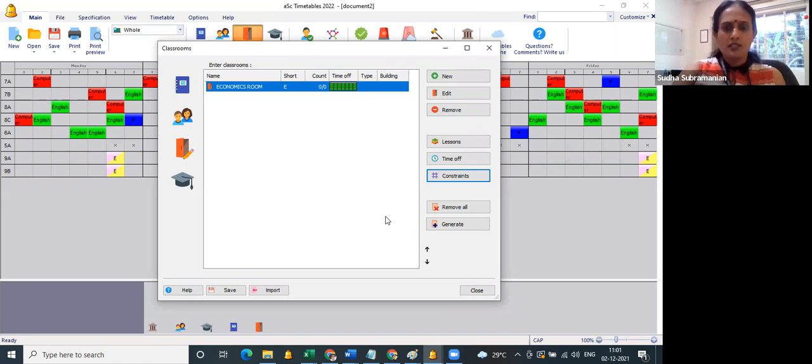Sorry, what I meant to ask is, maybe I'm not very clear. Suppose you're talking about an economics room, for example, one particular space that we are defining. Suppose we have multiple spaces. For each of the spaces, can we define the maximum number of students? I'm not sure whether I'm putting my thoughts into words properly. So for each space, can I give a constraint? Like Room A, I can have 24. Room B, only 10. Room C, maximum 20. Is it possible for us to have a defined parameter for each of the learning spaces?